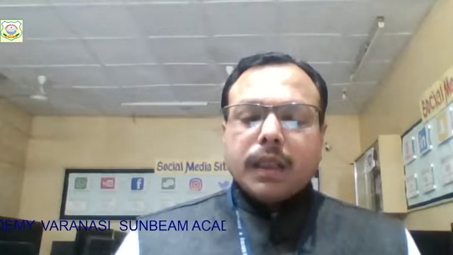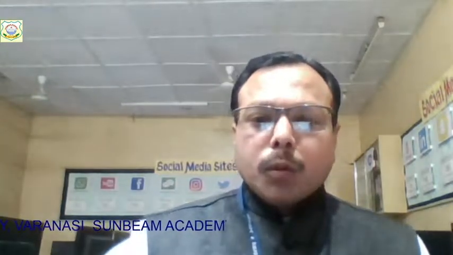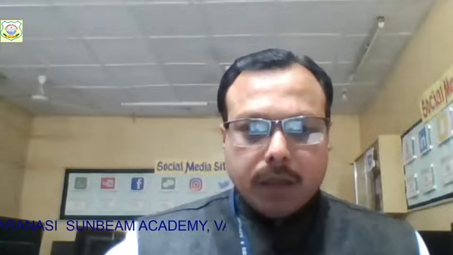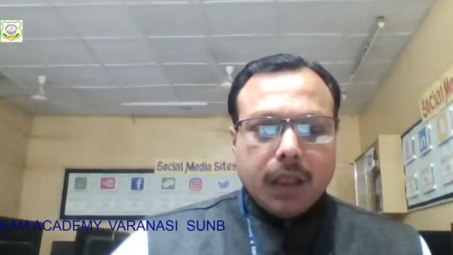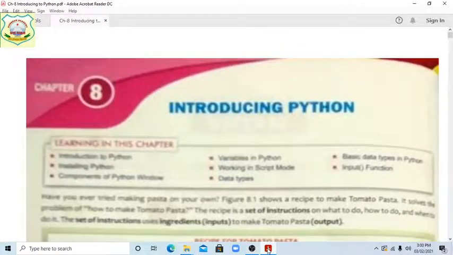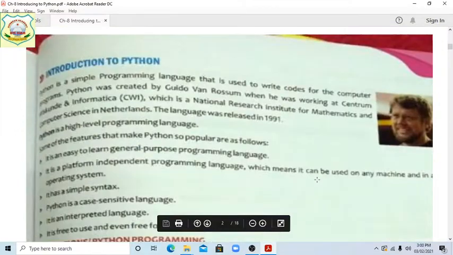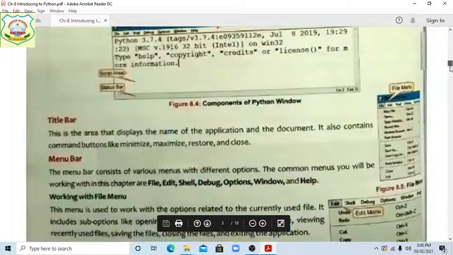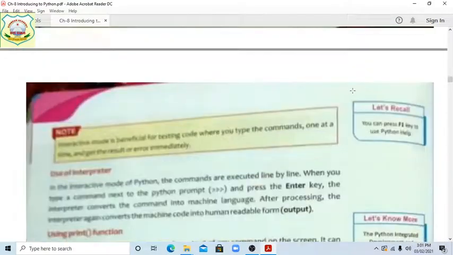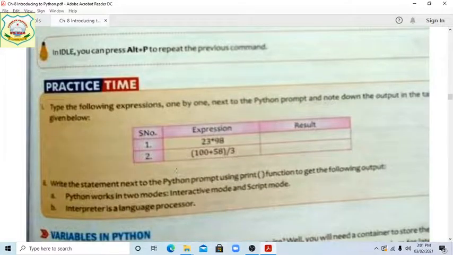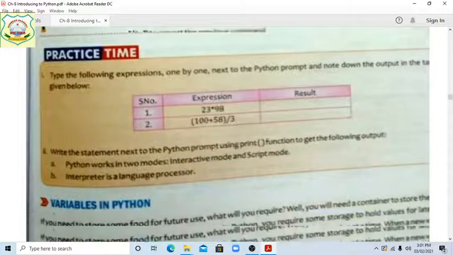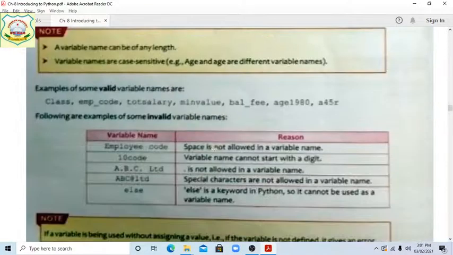Students, in the previous class we discussed Python. Python's continue is going on and everyone is practicing on your system. I think in the previous class we discussed some programs. I'm sharing one PDF file with you. Students, the page numbers as I'm telling. These things we completed before the previous class, and in the previous class we discussed.